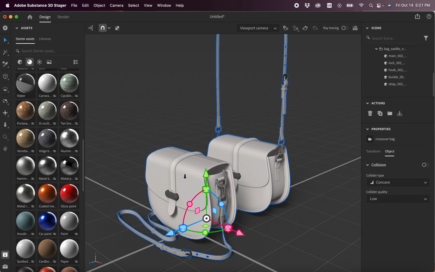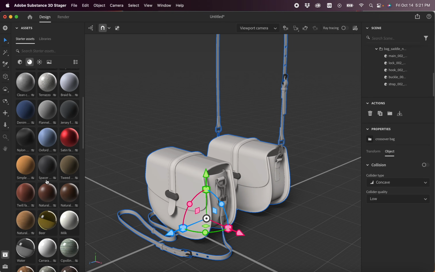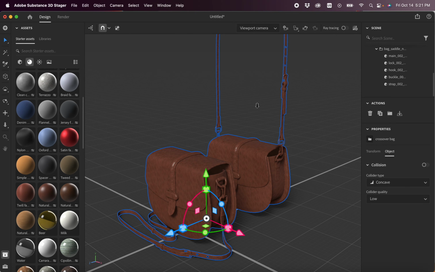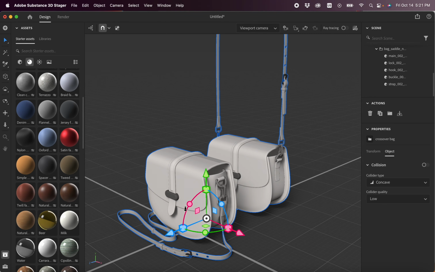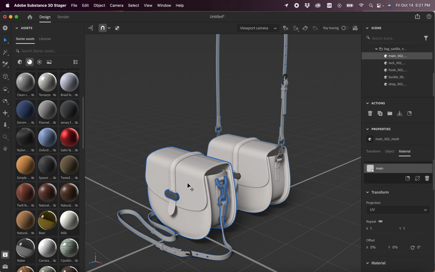My favorite way of just applying and working with elements pretty quickly is drag and drop. That's my default. So what I usually do is when I find something that I like, by the way, in Stager you can just click on it and it'll apply it, but what I don't like is that it always applies to the whole model instead of one particular area. So I'm going to go ahead and Command Z or Edit Undo to focus on one specific area. Double click on this one particular bag in here and I'll say, let's go ahead and apply this particular material to it. And as you can see, it's maybe a little too big on the scale,